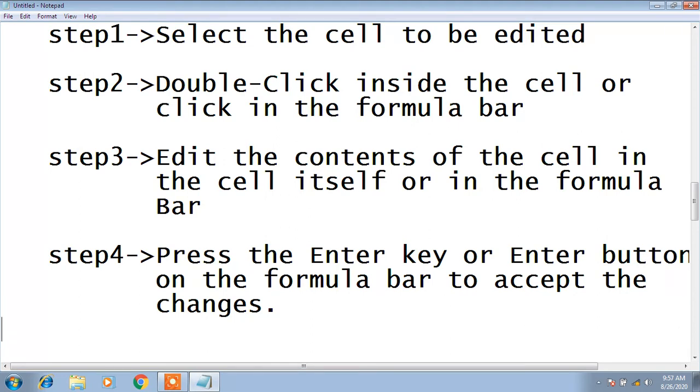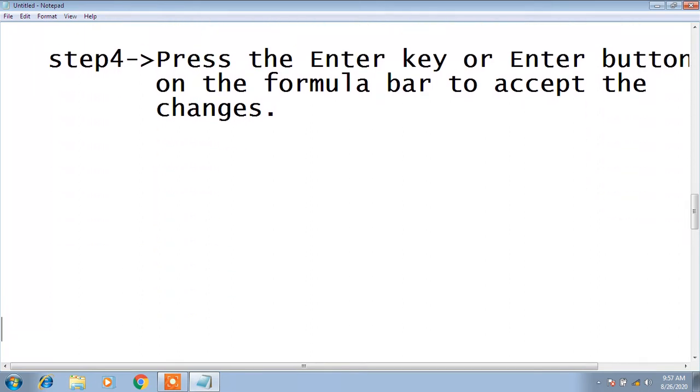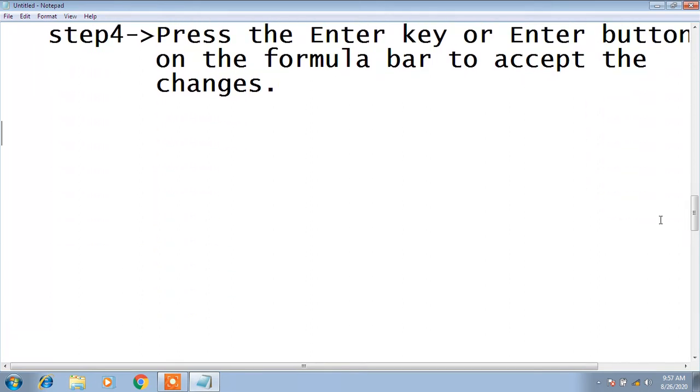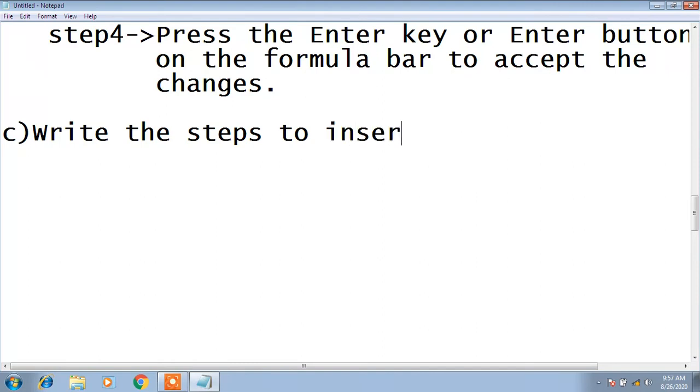Now the next question is, write the steps to insert a new column in a worksheet. So the question number C is, write the steps to insert a new column in a worksheet.